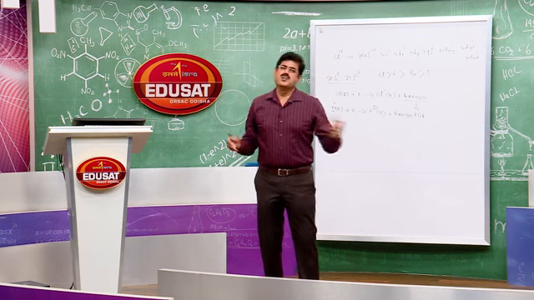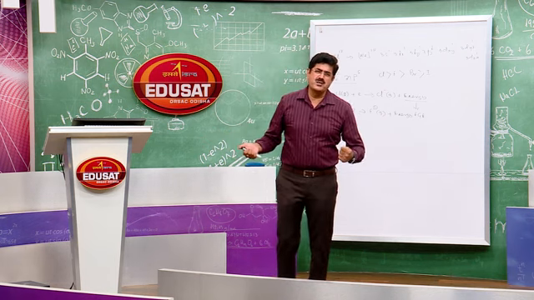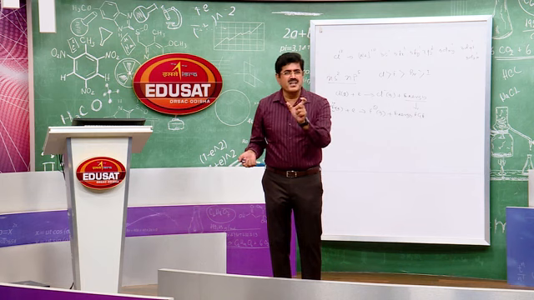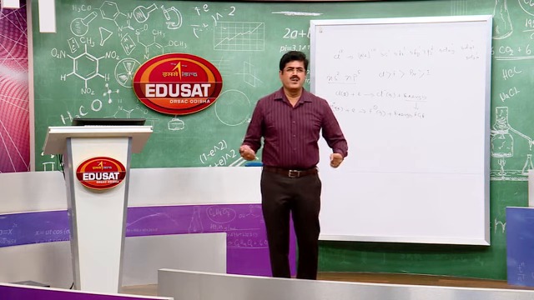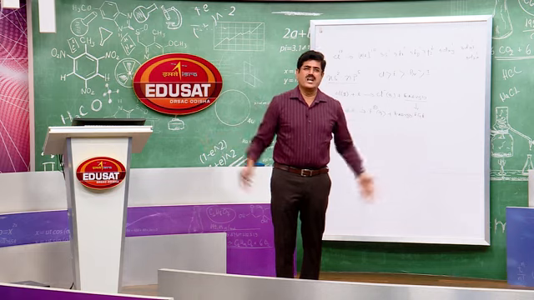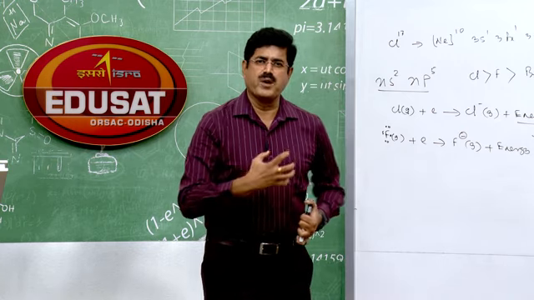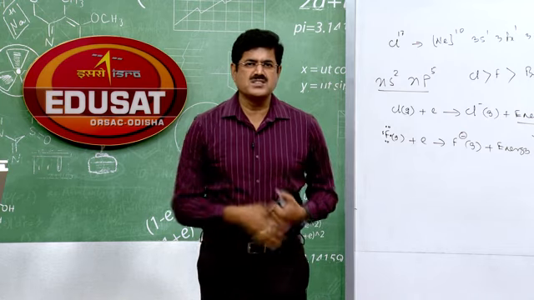Now, fluorine is the most reactive element. Why is it the most reactive? Because of low heat of dissociation and high electronegativity. It is the most reactive element. It reacts with almost all the elements possible. That is why its isolation was a difficult problem in chemistry for many years.